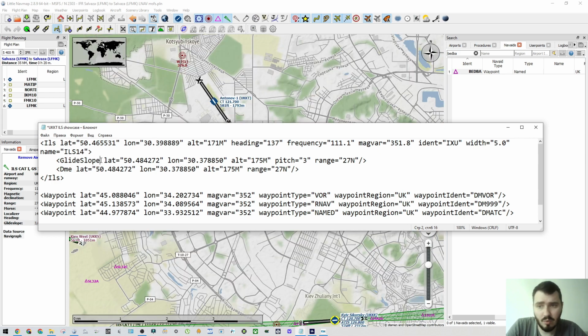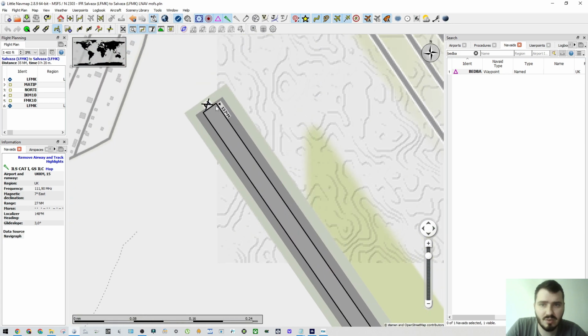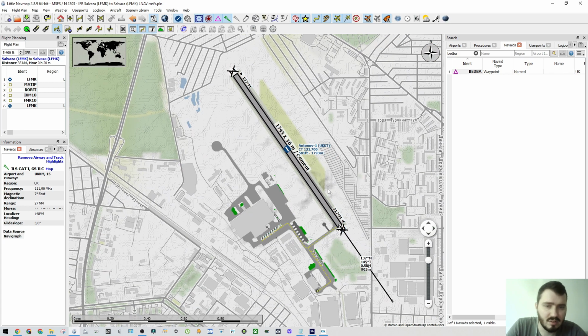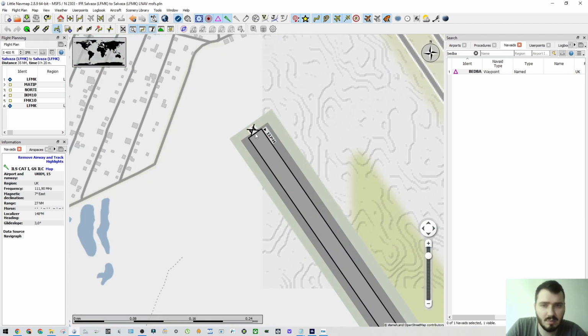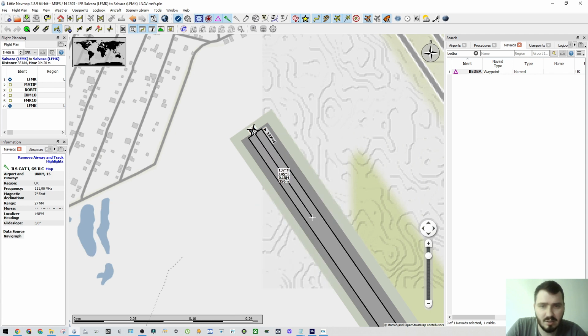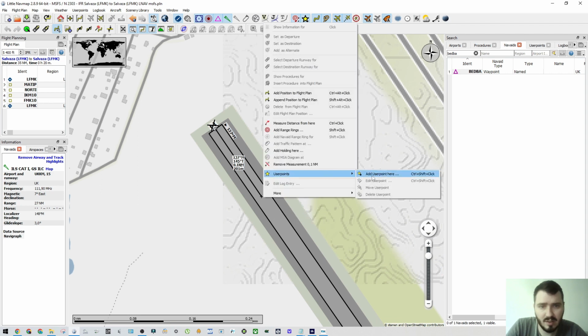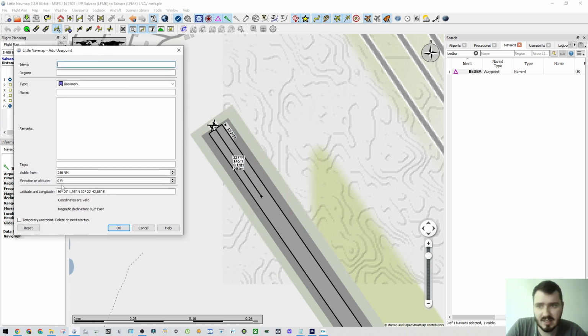Now we come to the glide slope, and actually the glide slope provides a place where an aircraft will land. Usually it is approximately 300 or 400 meters after the runway threshold, so maybe between 0.2 nautical miles, something like that. So what we do, we just measure the distance from here, and you can see 0.91, 0.2 nautical miles, here 3, so let it be somewhere here, okay? Just remember this value again, user point, add user point, and we have another